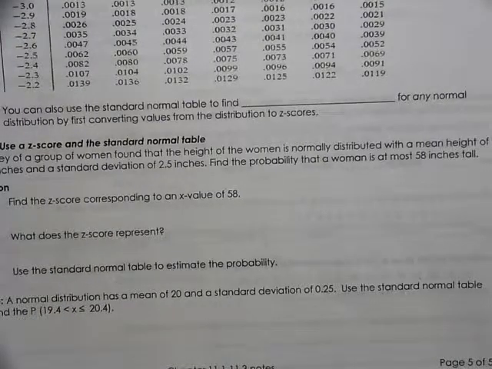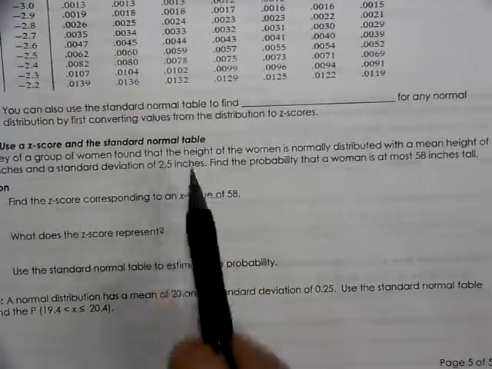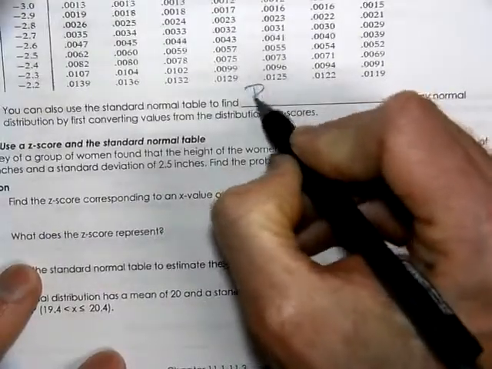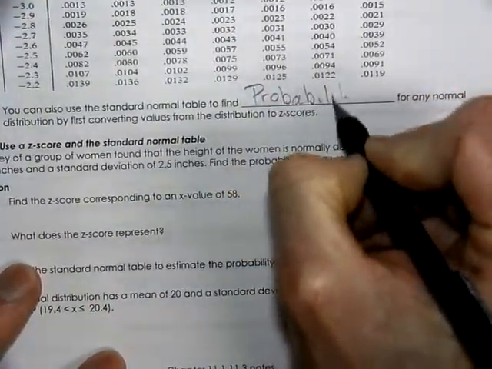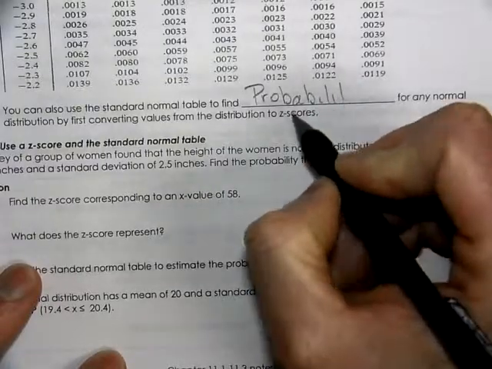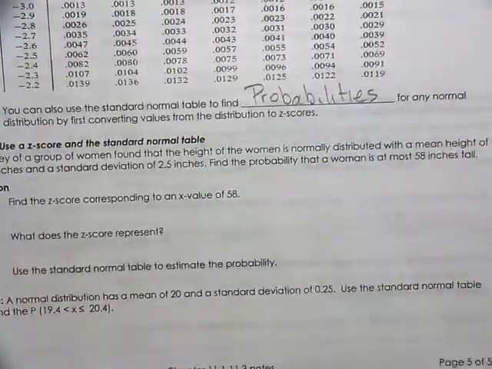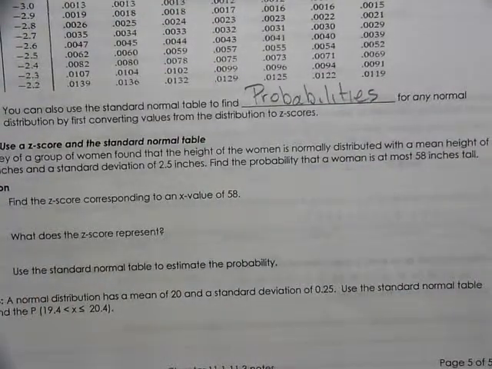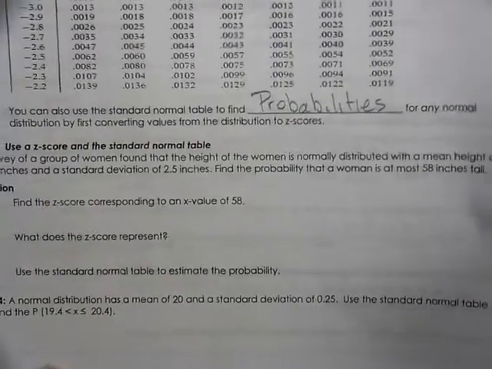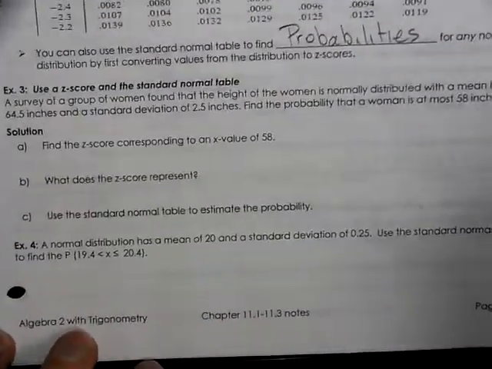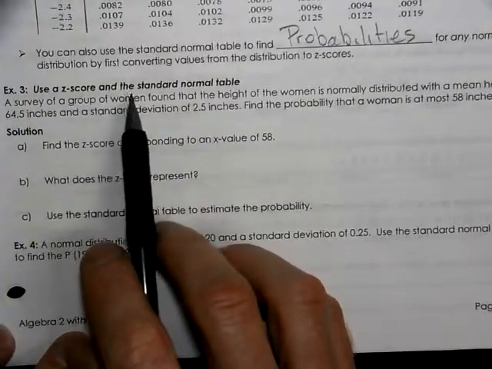You can use standard normal distribution to find probabilities for any normal distribution, by first converting values from the distribution to our z-scores using the formula we talked about earlier. We're going to look at example number 3. We're going to use the z-score and the